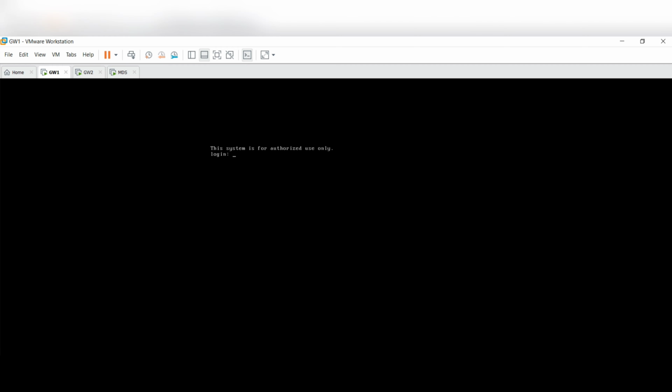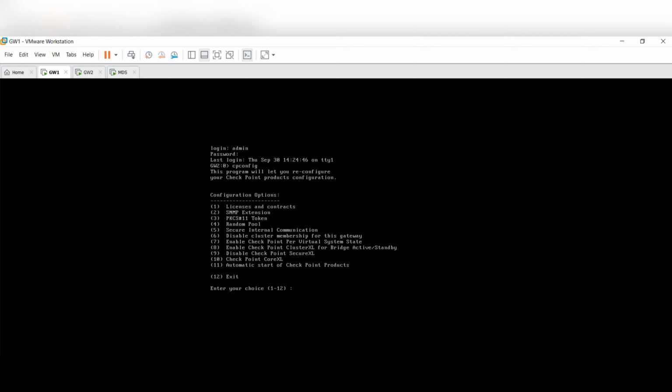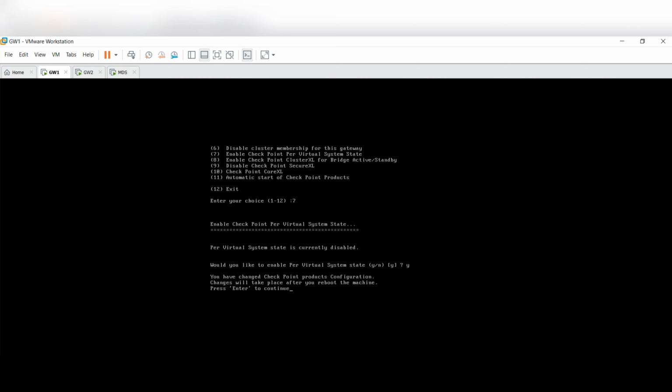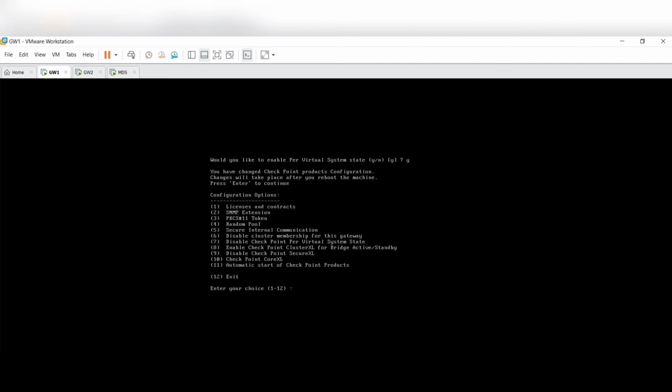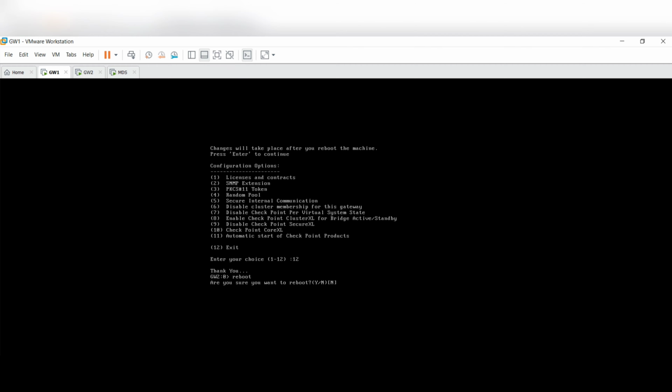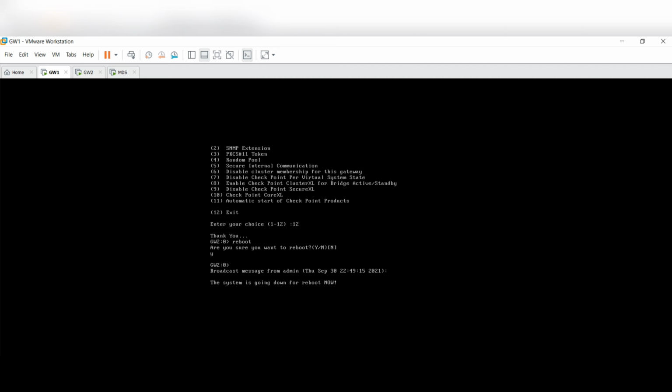the gateway 1. Here, just log in. Admin, your password. You can run cpconfig from here as well. So cpconfig, do the number 7 option. You want to select yes. Enter 12. Reboot. Okay. Are you sure you want to reboot? Yes.